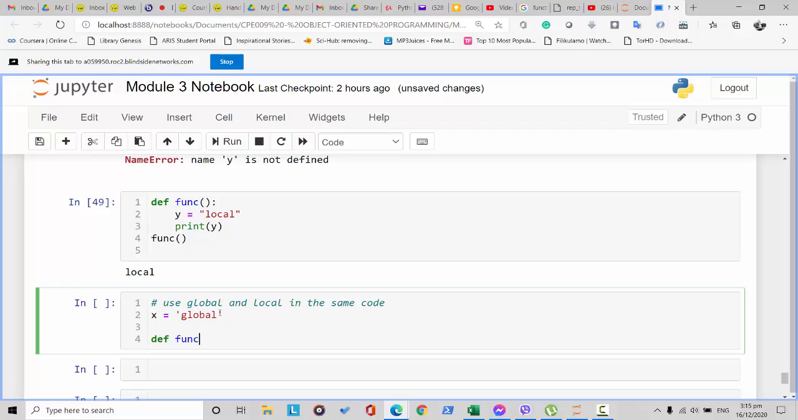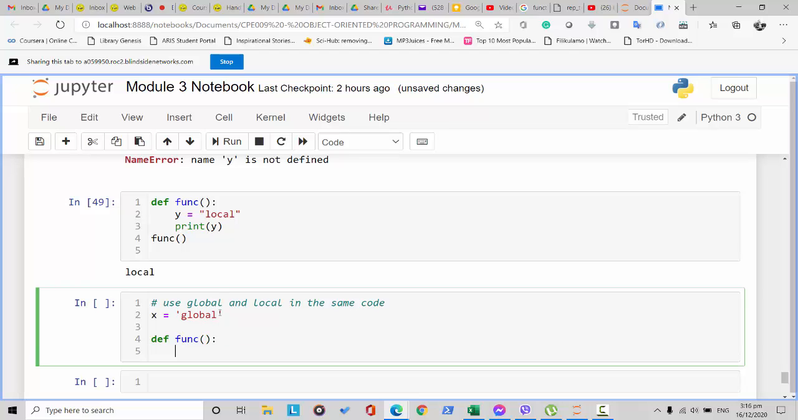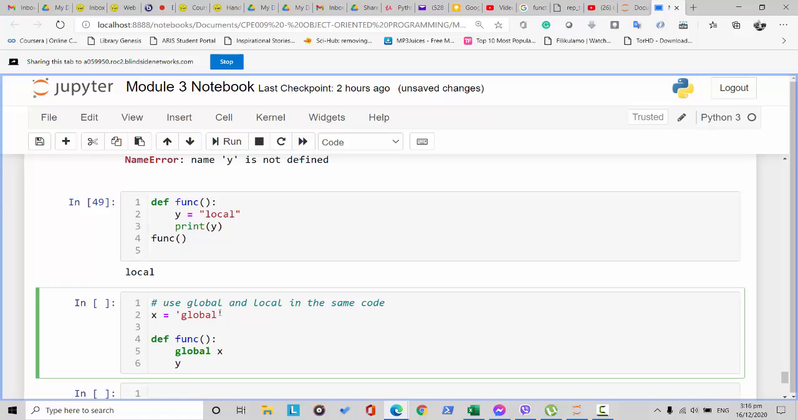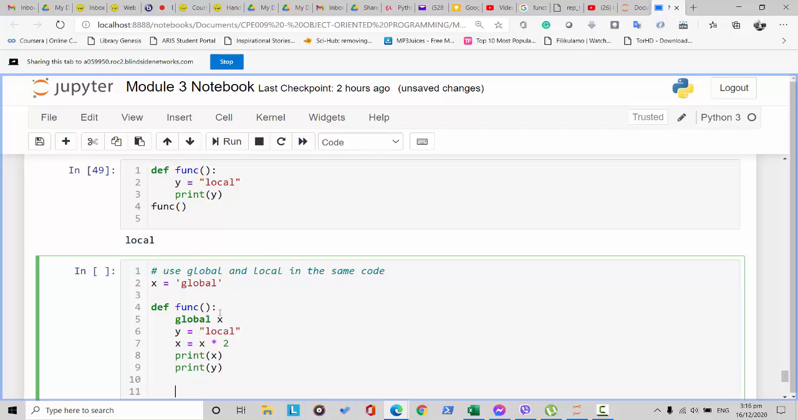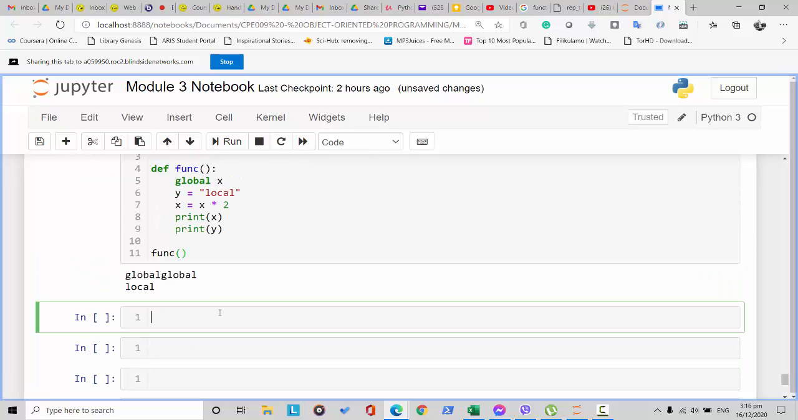So we define a function, and then we have a global x here. Then we declare another variable here called y, which is local. Then let's say x will be equal to x multiplied by 2, and then we try to print x, and then we try to print y. These are all part of the function. So when we call the function here, what will be the output of this one? You will see that the output will be global